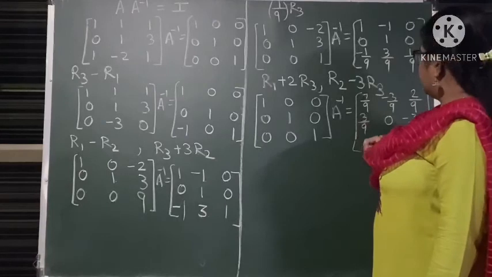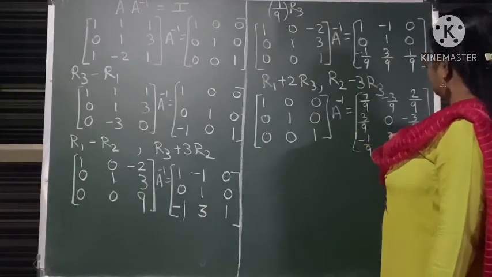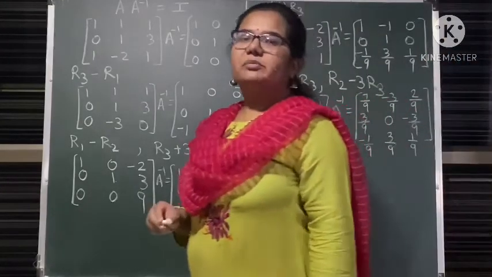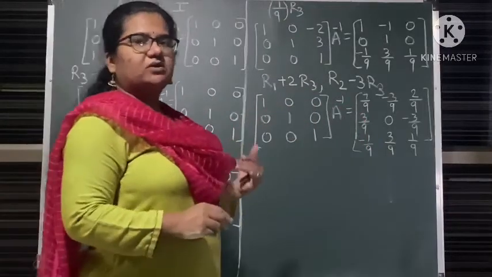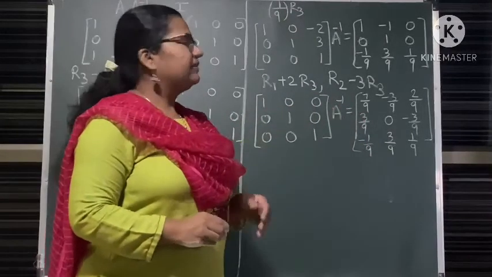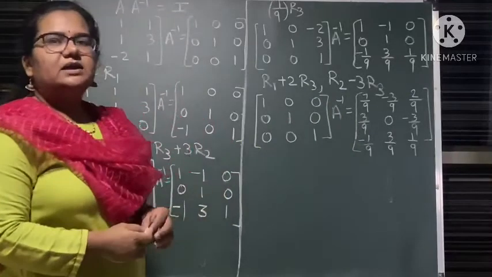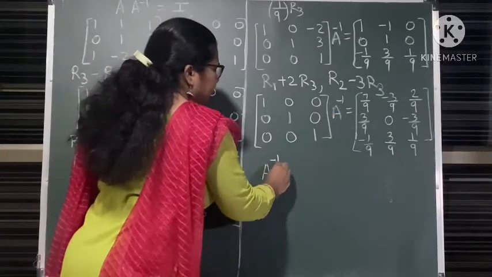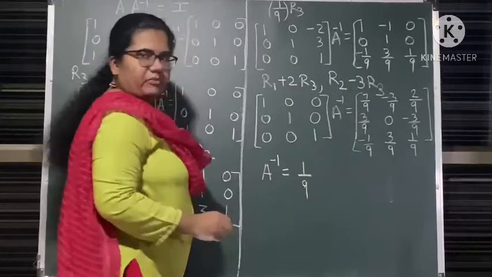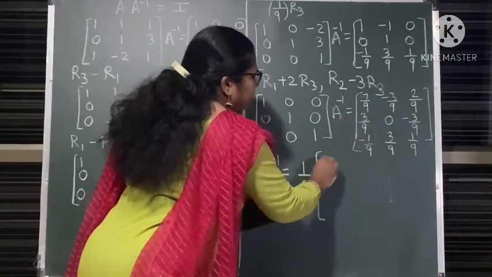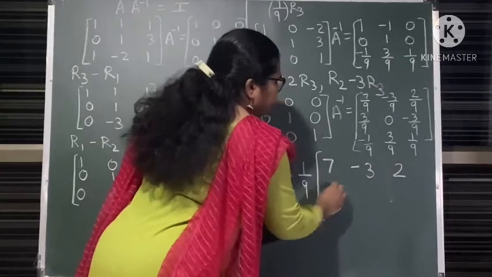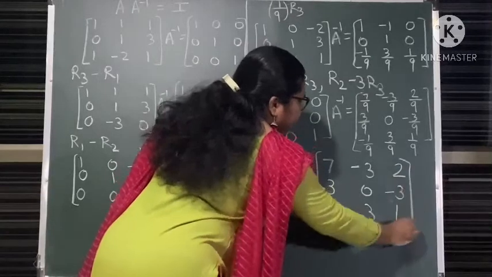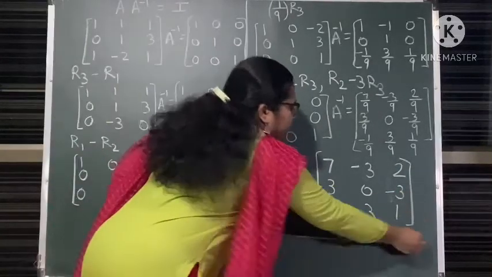And what is your last row? Minus 1 by 9, 3 by 9 and 1 by 9. See, I have kept 1 by 9 common everywhere so that we can take 1 by 9 common outside. Anywhere I have not cancelled. Wherever 3 is there, still I have not cancelled so that I can keep that element common. So what is your A inverse? This is I. So I into A inverse is A inverse. I will take 1 by 9 common out. And what is your matrix? Here you have 7, minus 3, 2, 3, 0, minus 3, minus 1, 3, 1. Okay, so this is your A inverse by